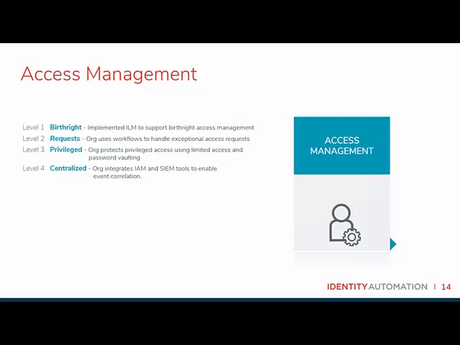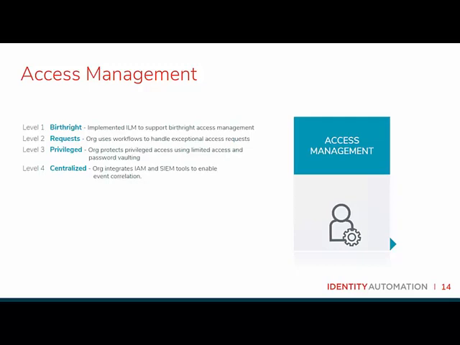And then finally, when we get to level 4, our goal is to fully adopt the principle of least privilege everywhere. Every request, every grant, every revoke, and every action is auditable. We start to utilize things like SIM tools to perform correlation and find anomalies and pass those back to the IAM system for action, such as maybe revoking access if we found an anomaly. And then last but not least, this is where we build in artificial intelligence to recognize those patterns and make